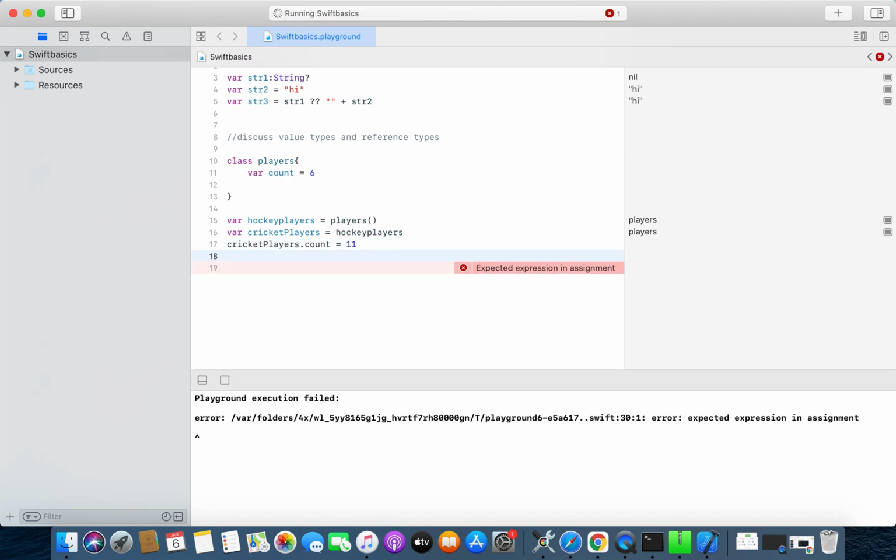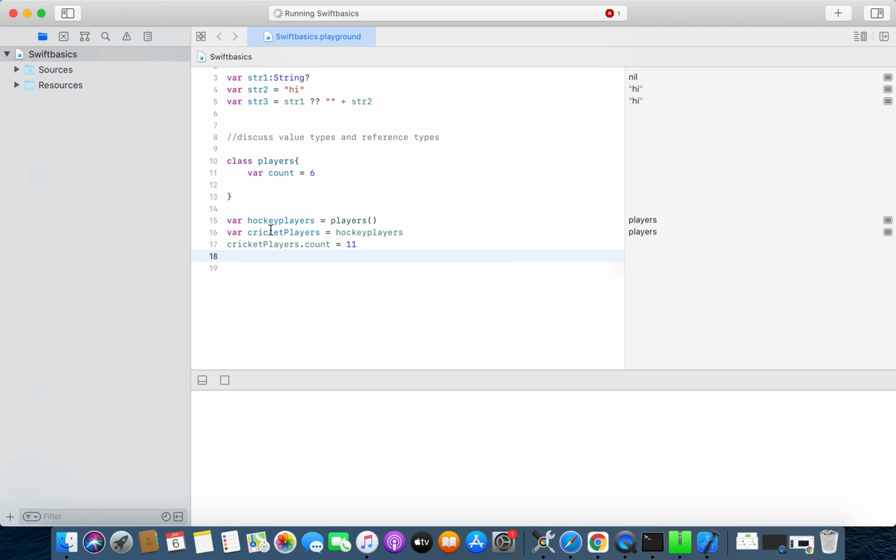Okay, cricket player dot count is equal to 11. And now I will print the value of the hockey player count and the cricket player count.